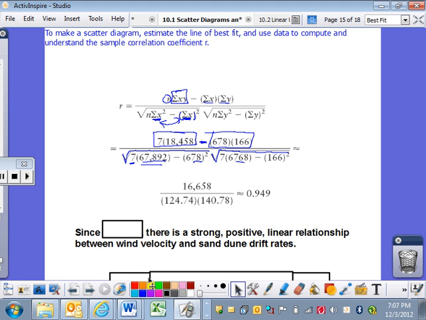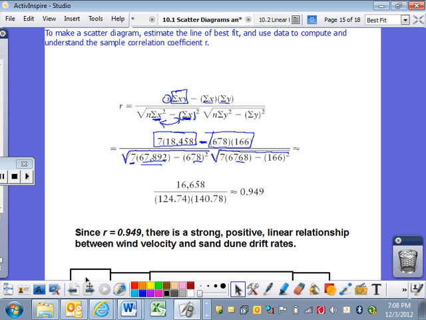Okay, the first radical, actually taking the square root, is your 124.74. The second radical is 140.78. And then if you figure that out and multiply the bottom first, by the way, and then you go 16,658 divided by the bottom, you get 0.949. Okay? So since r is positive and 0.949, there's a strong, because it's close to 1, positive linear relationship between